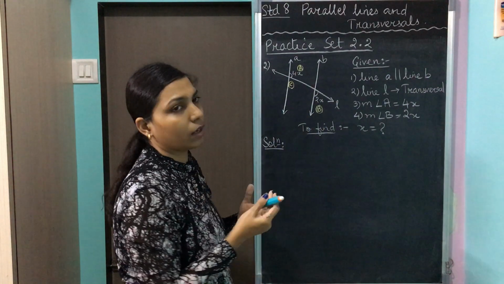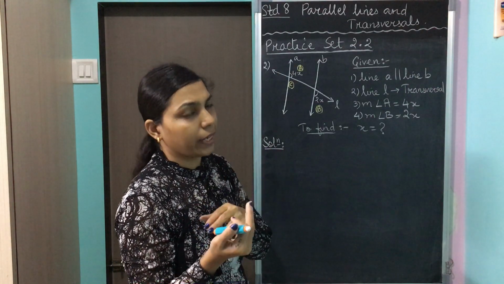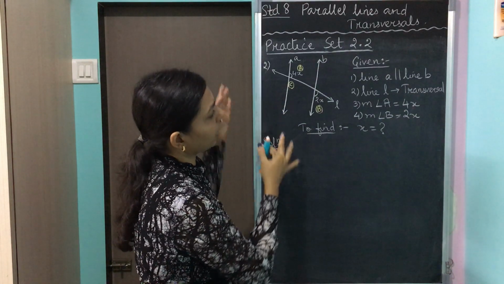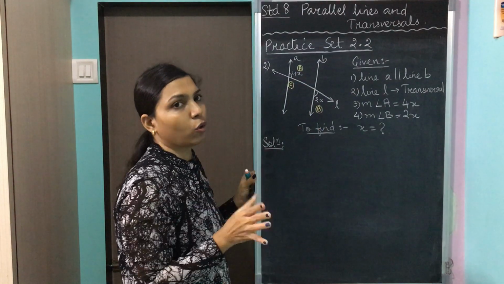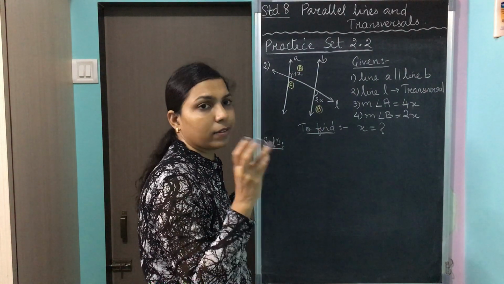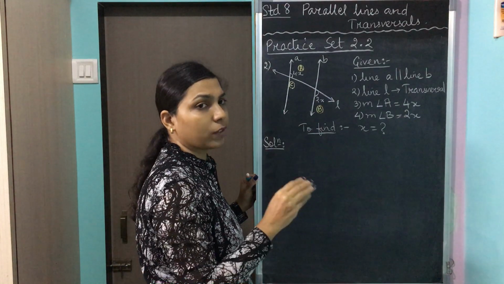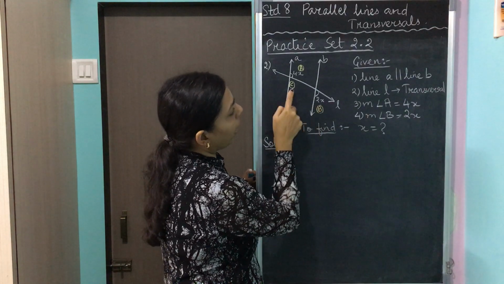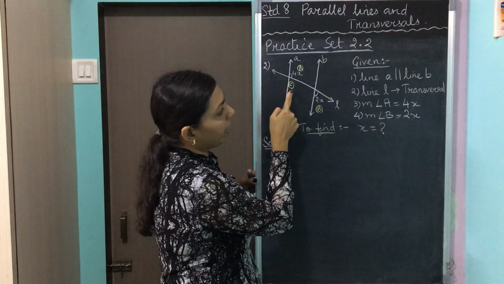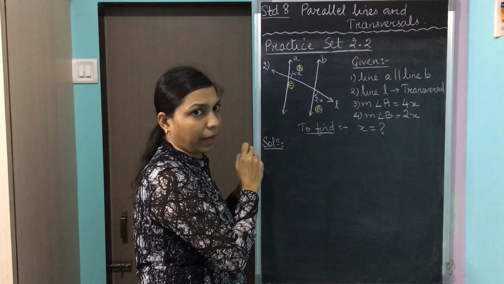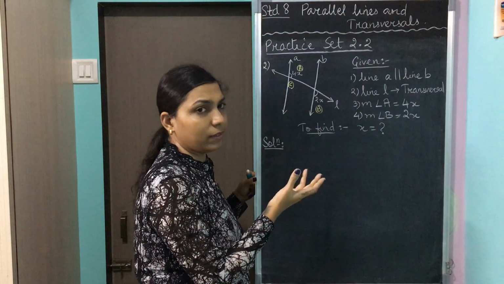Now in your previous sum, you had both the angles forming interior angles, but over here do you see any formation of angles between angle A and angle B? No, they are not forming interior angles, alternate angles, or corresponding angles. So we will search for something else. I have marked this angle as angle C. Angle B and angle C are forming corresponding angles, so both these angles are going to be congruent to each other, both will have the same measurement.